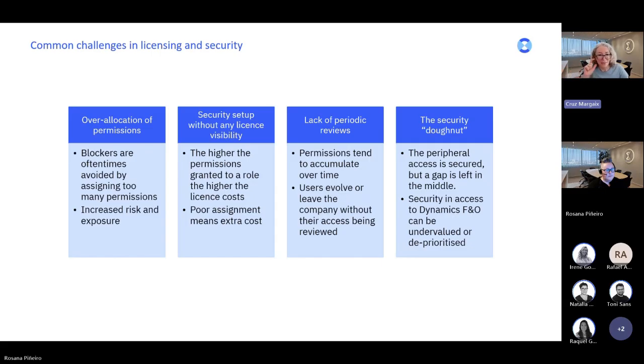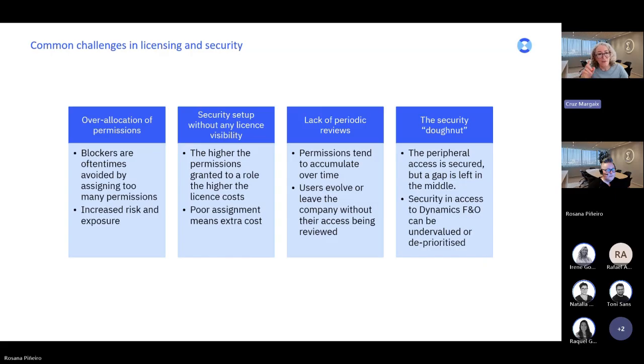Another common issue is the lack of periodic reviews. More commonly than expected, permissions are assigned at the beginning of the project, at go live, and then users may get more permissions as and when they need them.